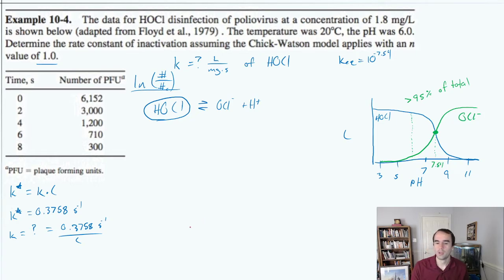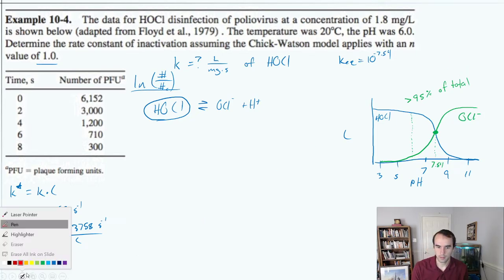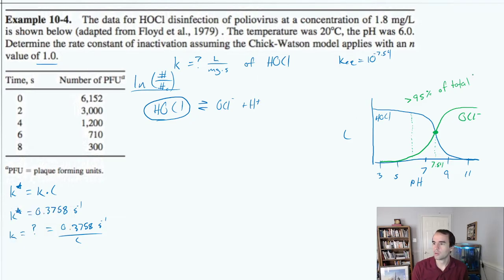Hopefully we're okay. So, as I was saying, over 95% of the total chlorine should be in the HOCl form at pH 6. So one thing we could do is solve this if we assume C is 1.8 milligrams per liter,